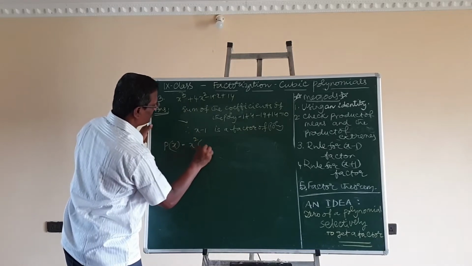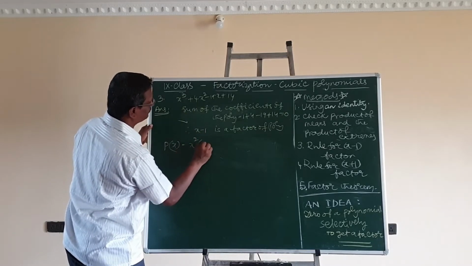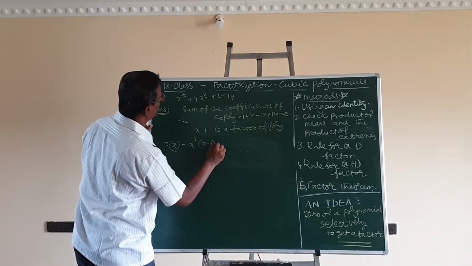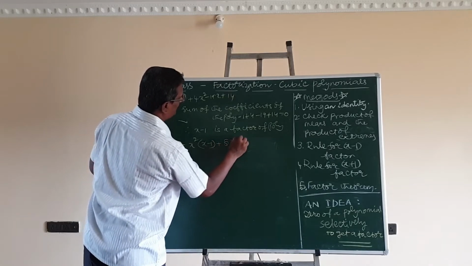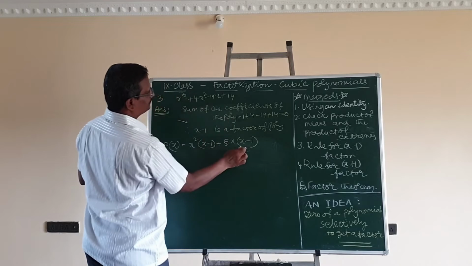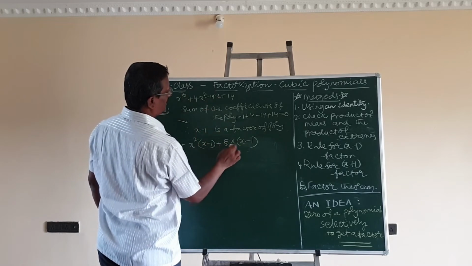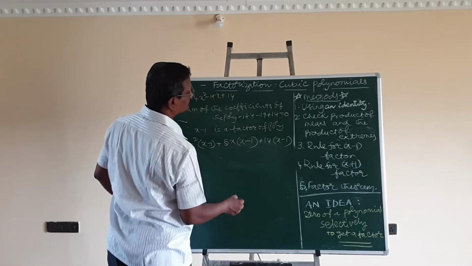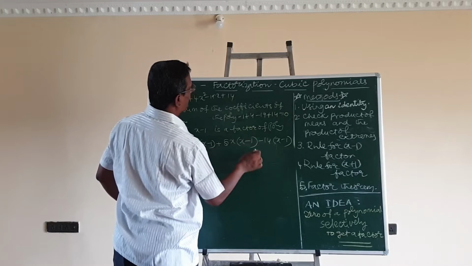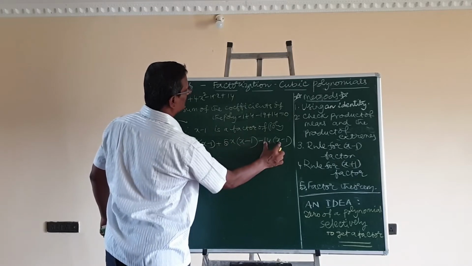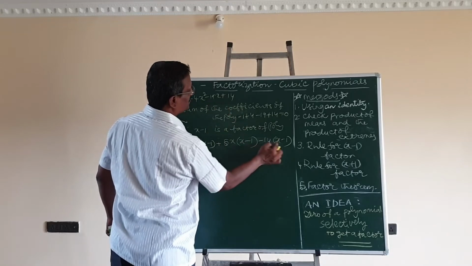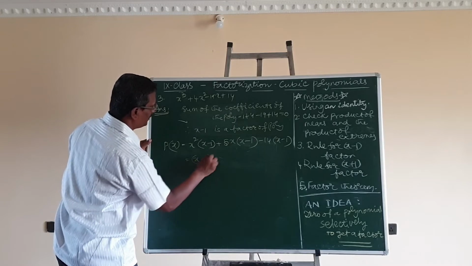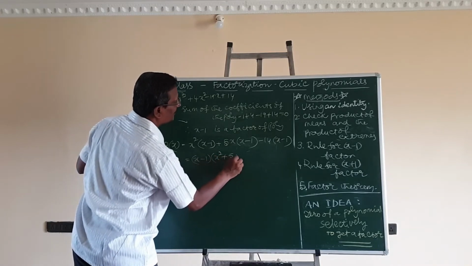x cube, so I will write x square, where one of the x is to be displaced by x minus 1. This is a 4x square. Here minus x square into minus 1, so it should be 5x square, x into x minus 1. This is minus 19x and already minus 5x, so it should be 14 into x minus 1. Minus 14x, minus 5x and minus 14x together make minus 19x. Minus 14 into minus 1 is plus 14.